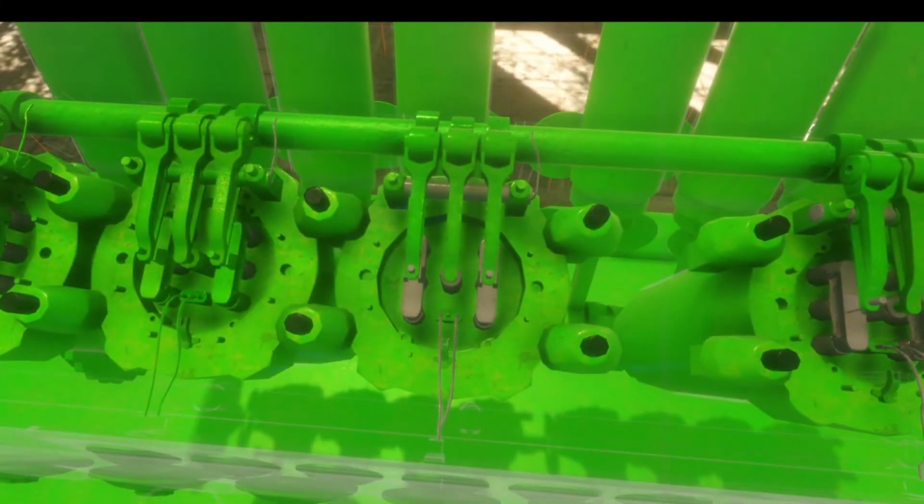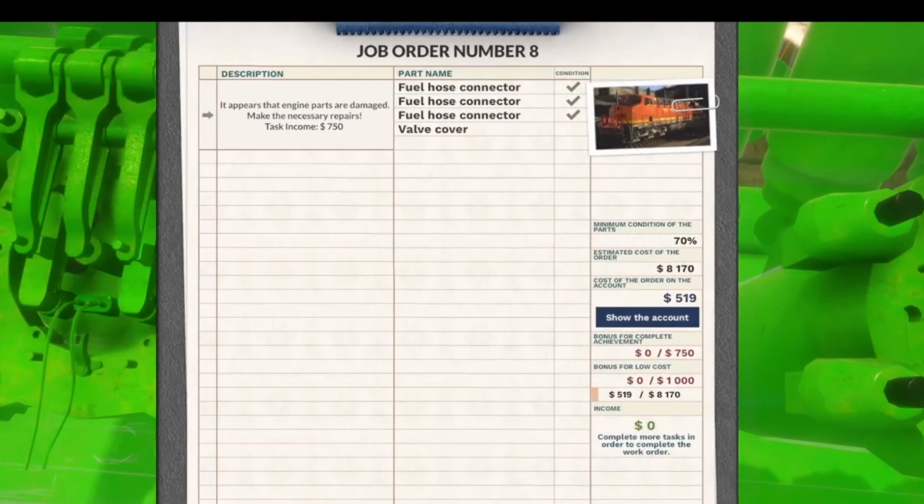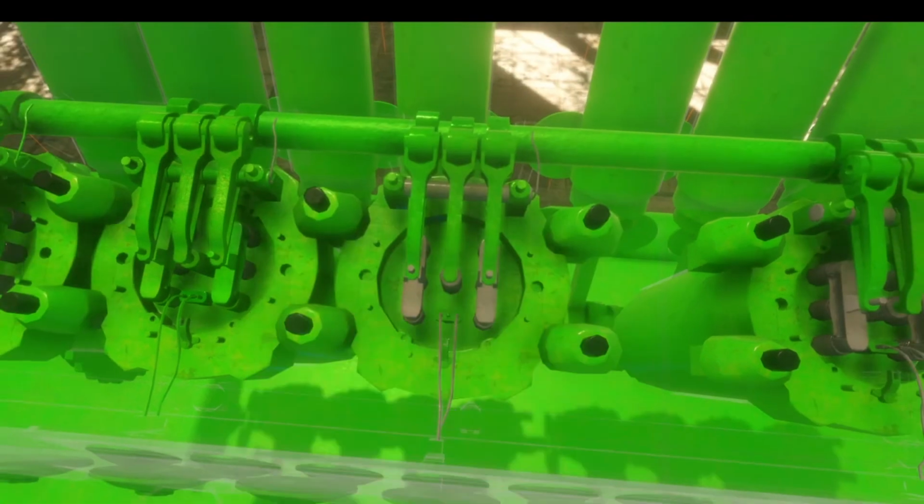So we'll continue on. I'm actually pretty sure that we've got everything that we need to. Yeah, we just need to replace the valve cover, which is easily done. But for completeness,